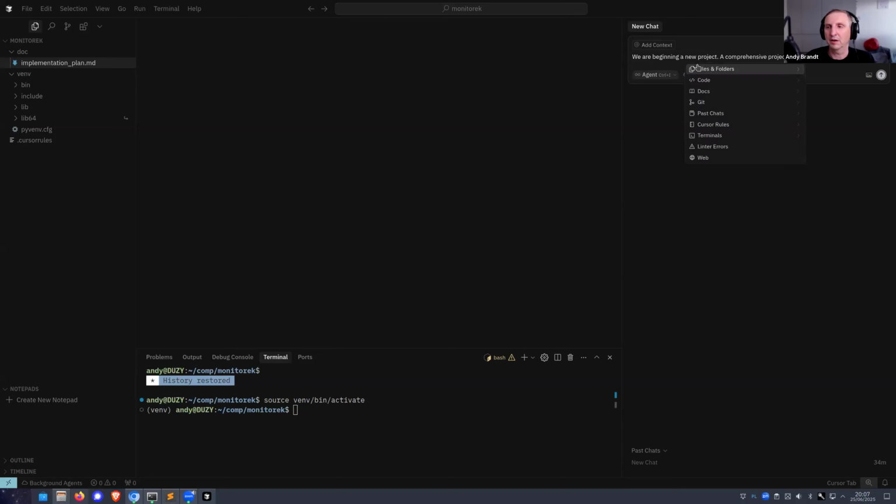and here I can type the add sign, and then I can either select with my mouse or I can start typing implementation plan MD. And what that does, it will include that in the context when this whole thing is put together and sent to the model. I've just told it the facts. Now it needs some task.